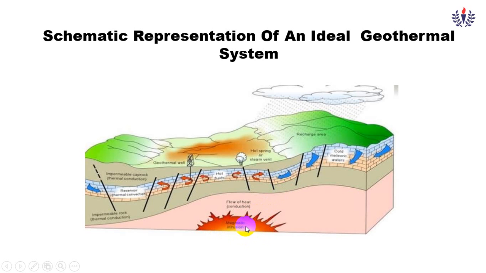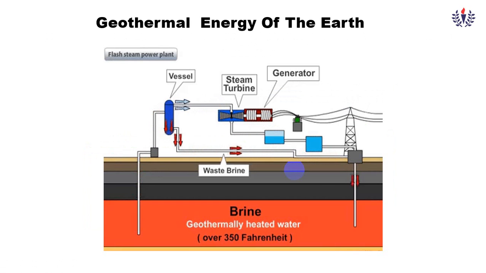It has more temperature and more pressure. So if you want, we can put a steam vent here so that we can get the hot air. This hot air is used for geothermal generation, and we can store it and transfer it according to our utilization. So this picture will give you a more